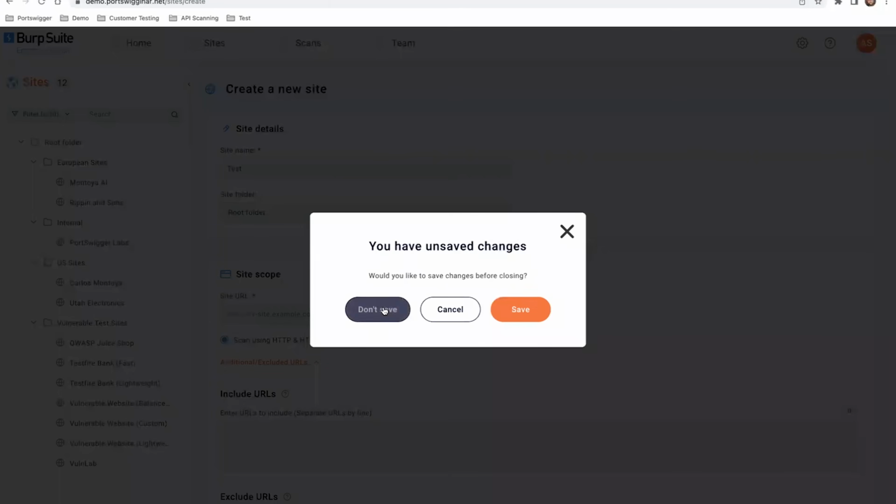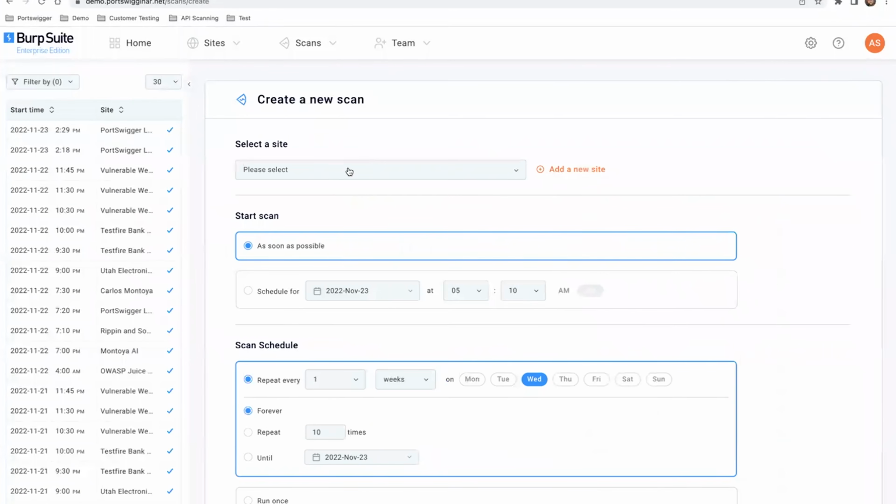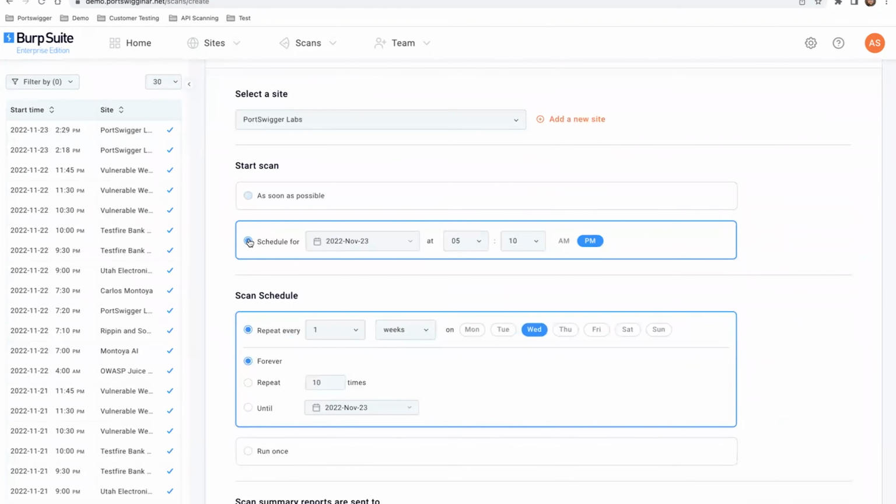That's it in terms of site creation. Once we've created our site, typically we would then create our scan schedule, which is going to automate our scans against that site. So if I click on New Scan, select the site from the site tree that I've created,